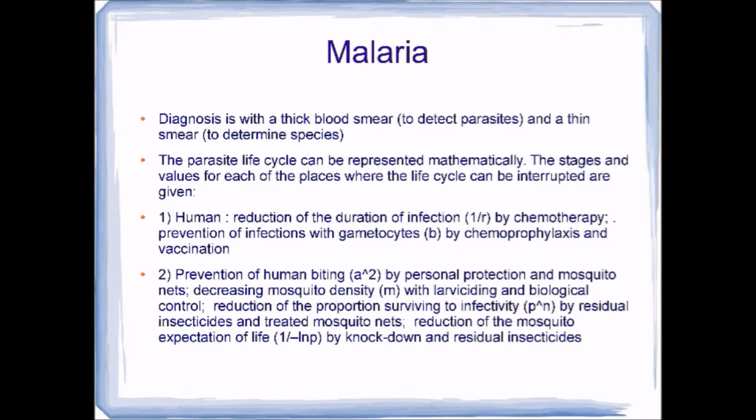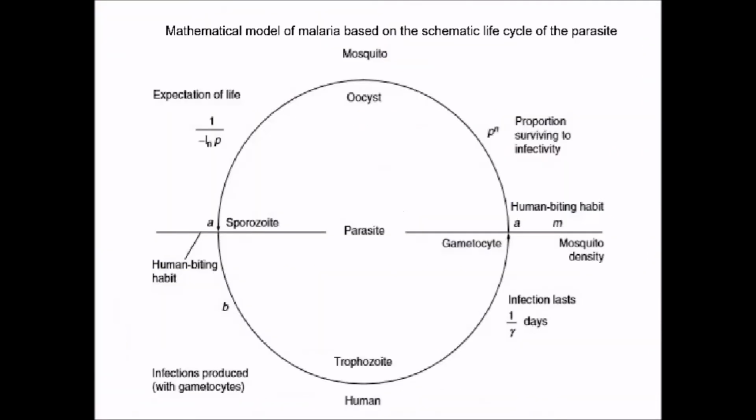For the reduction of the proportion surviving to infectivity, this can be done by residual insecticides and treated mosquito nets. Reduction of the mosquito expectation of life can be established by knockdown and residual insecticides. This is the mathematical model of malaria based on the schematic life cycle of the parasite. The stages and values for each of the places where the life cycle can be interrupted are described in the previous